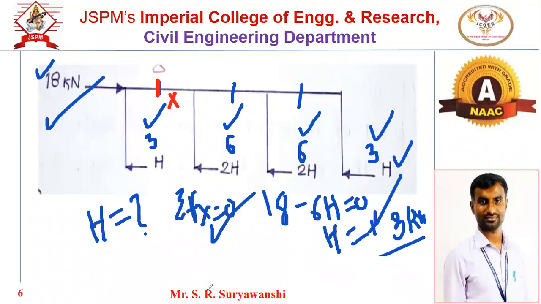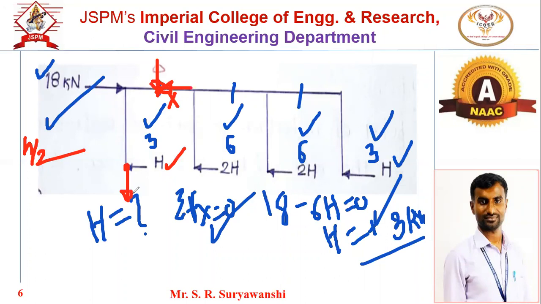If I take the section at mid span of the beam, how many unknown forces will be there? Two. Very good. So first will be vertical, second will be horizontal. Now here, this section we have already considered at the point of inflection, H by 2. So at this point also there will be two unknown forces. Out of two, one horizontal force we have found out. Then the second will be the vertical force that we have to find out.